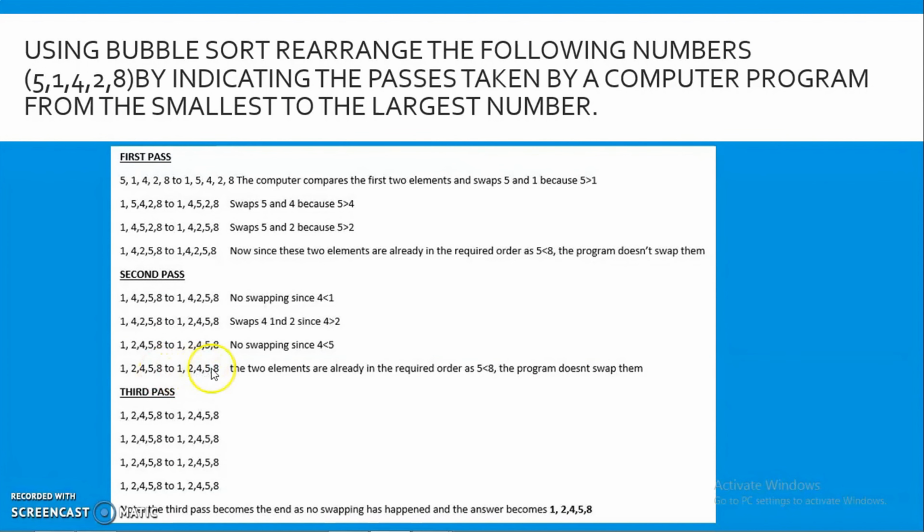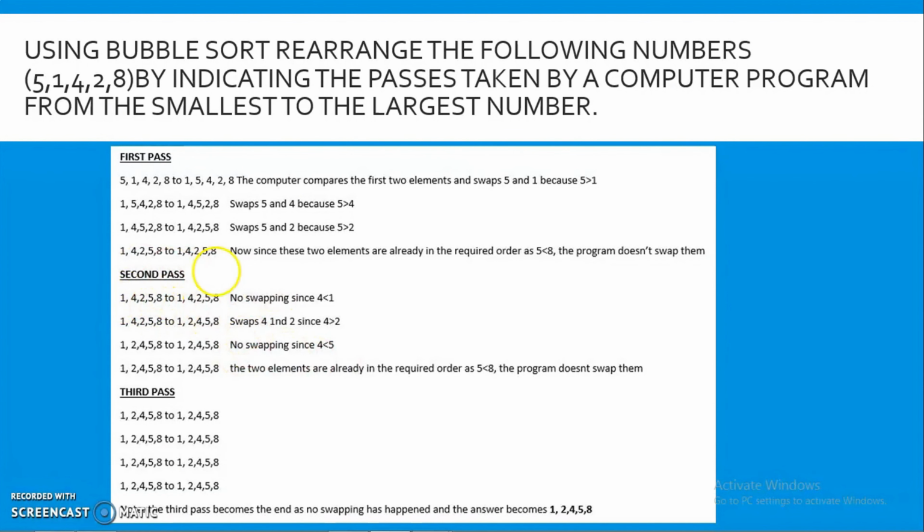And if there is any swapping to happen, in our case, no swapping has happened. So in this second pass, the only swapping that has happened is in the second level, where we were comparing 4 and 2. That is the only part. So the sorting hasn't ended. We start another pass. We say the complete sort happens when, at all the levels of